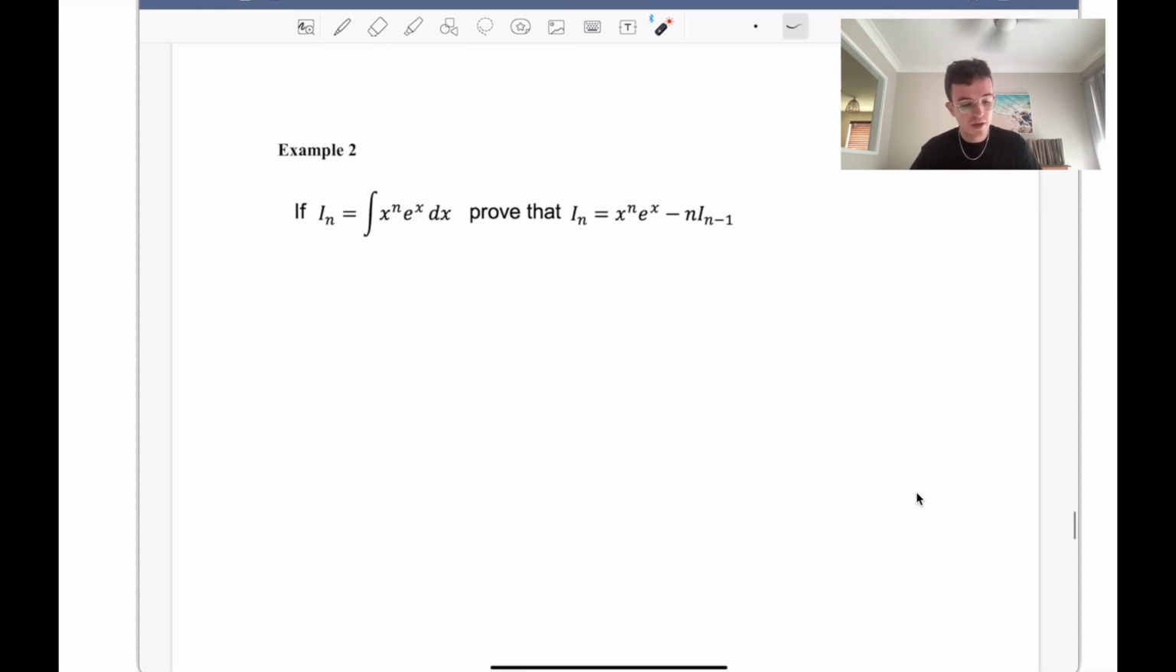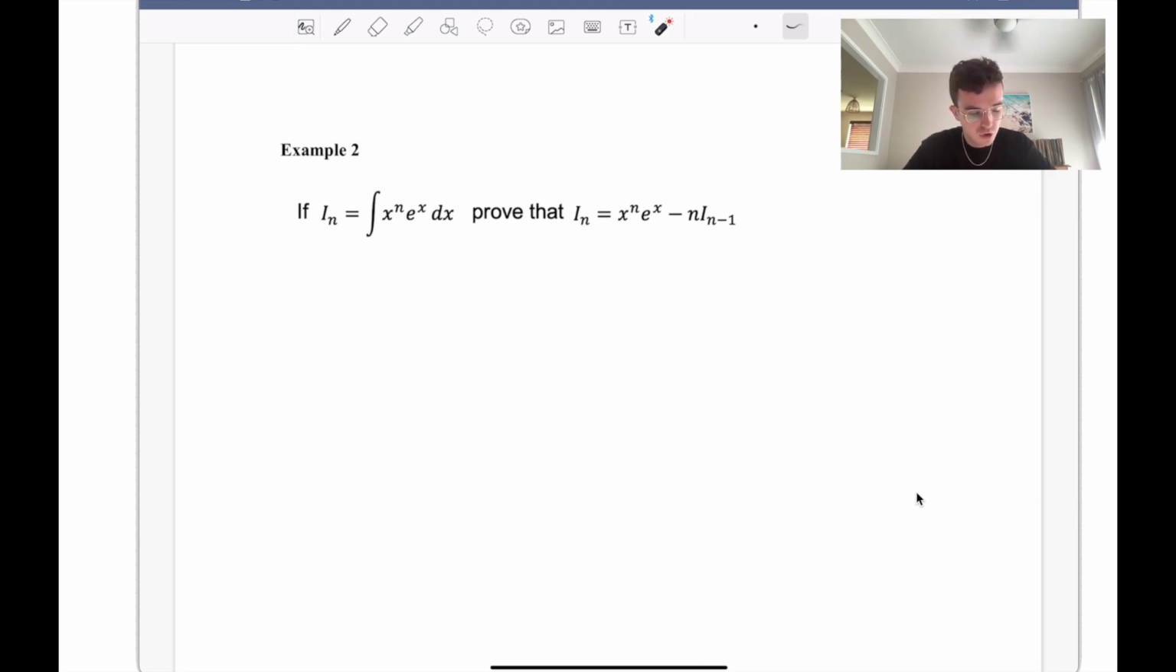So example number 2, so we'll get back to example number 1 at the end of this video. Example number 2: if I_n is equal to the integral of x^n e^x dx, prove that I_n is equal to the reduction formula x^n e^x minus n I_{n-1}. So this is an example of an integration by parts question,